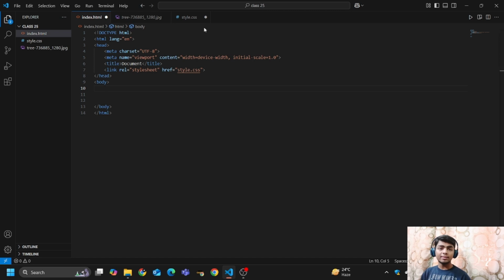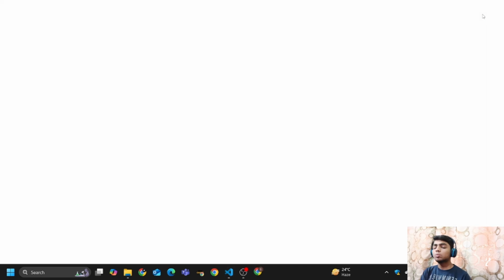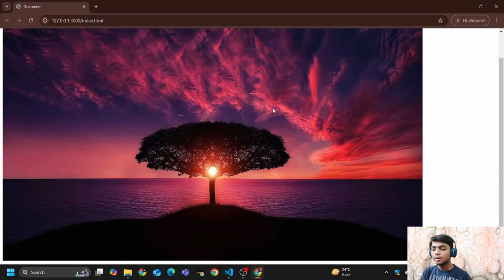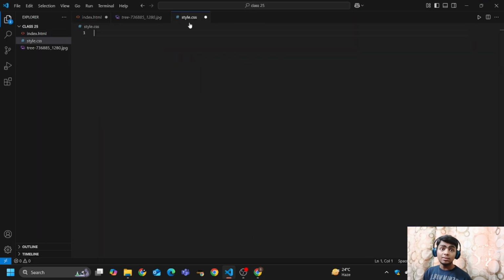Opacity property sets the transparency of our elements. For example, if I create here my image tag and here I write my image source, and in the alternative I write picture, and now if I preview this on my browser, you will see that my image is properly visible to me. But if I provided some styling, see, opacity values vary from 0 to 1.